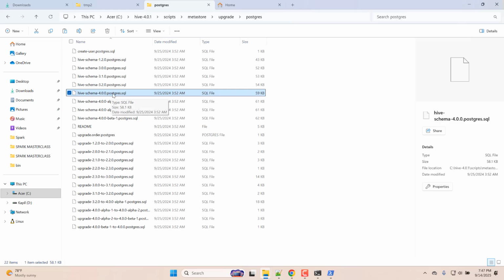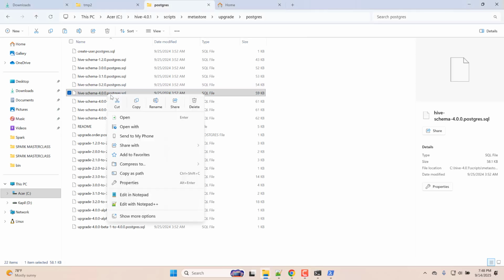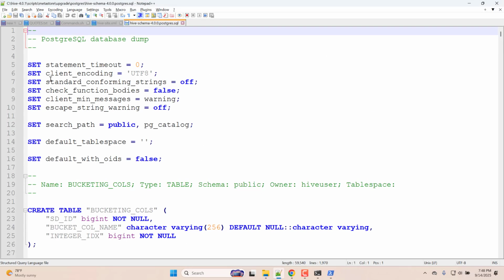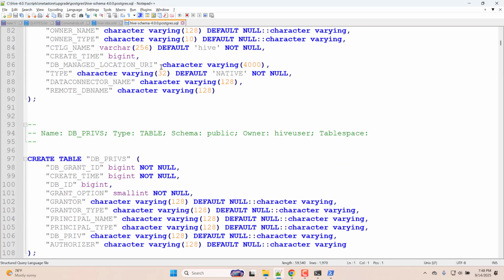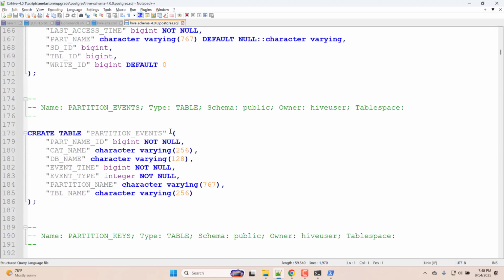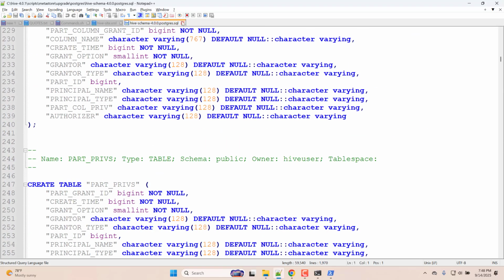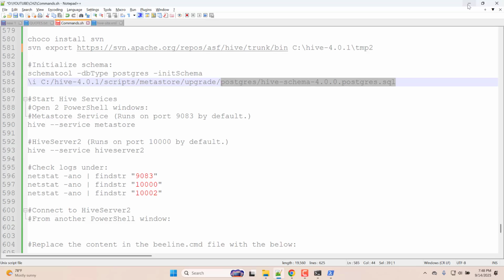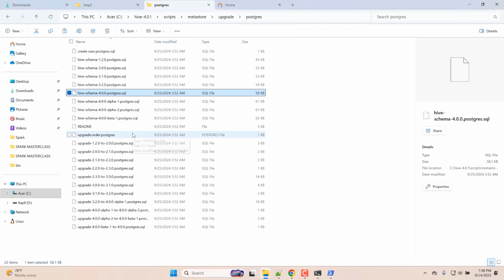All right. So that is the file I'm executing. If you want to know what is in it, it just has create tables. It creates all the tables that are required by Hive so that we can use PostgreSQL as a metastore, not a data warehouse, as a metastore. All right. How do I do that? Well,